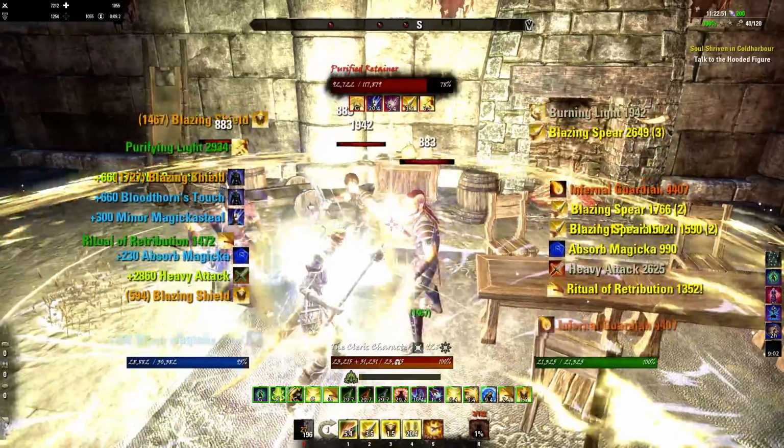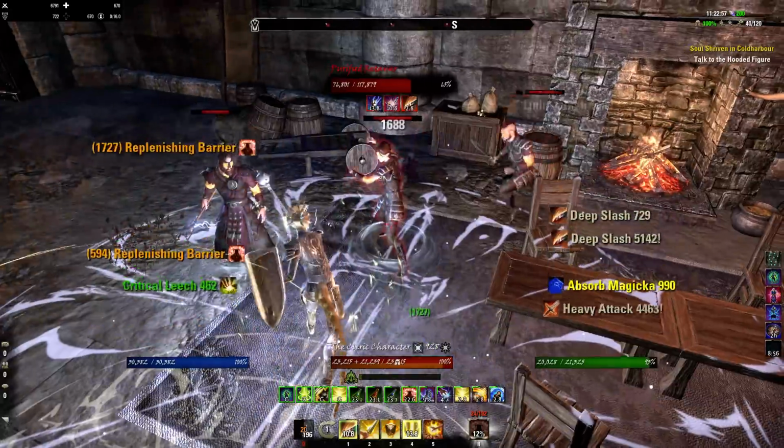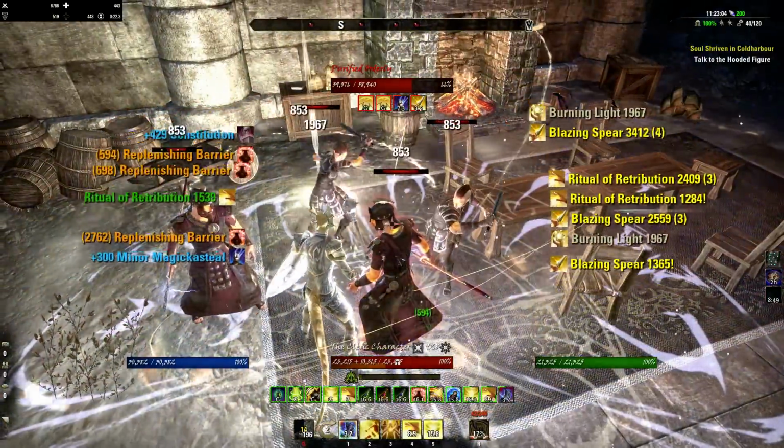Now if I use the barrier, boom. And I can just stand here and just let these guys beat on me. Because I have such a high damage shield. And yes, this is in normal mode, so...